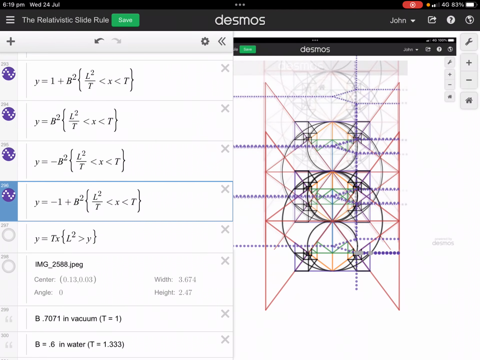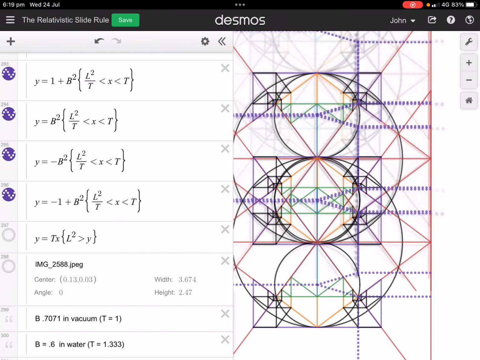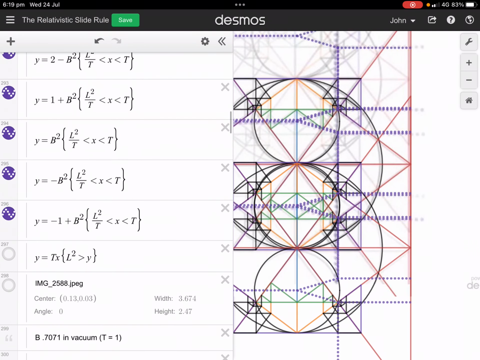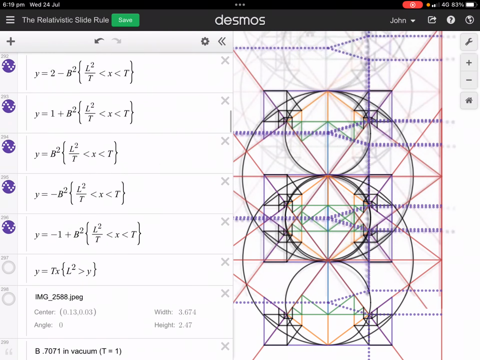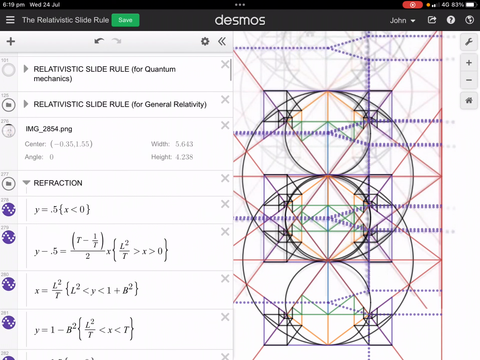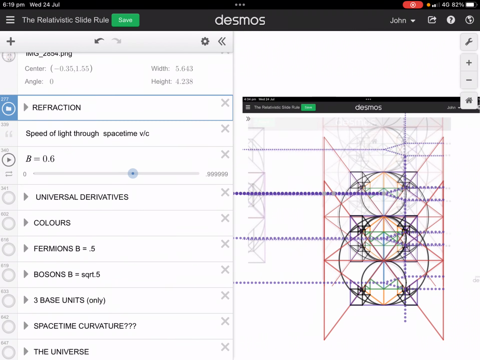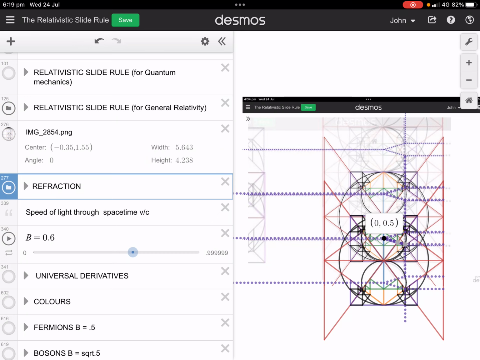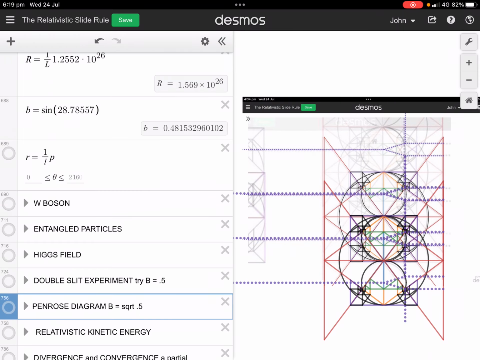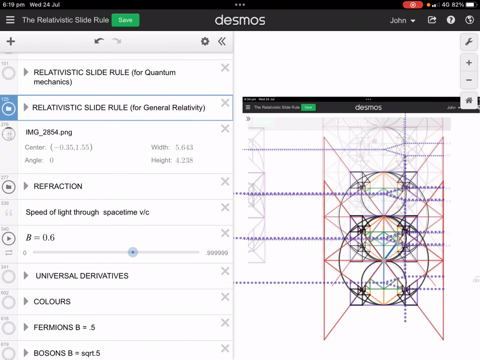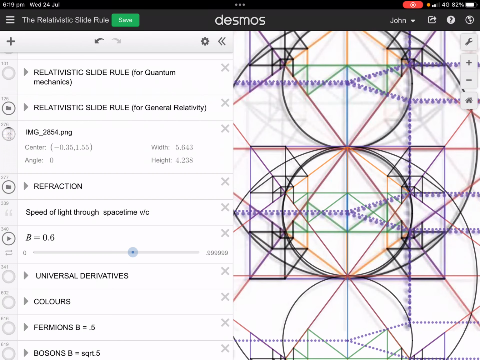So you might have photons coming in, going through say that slit and that slit, and then because the relativistic slide rule is in a superposition with itself, you've got this situation